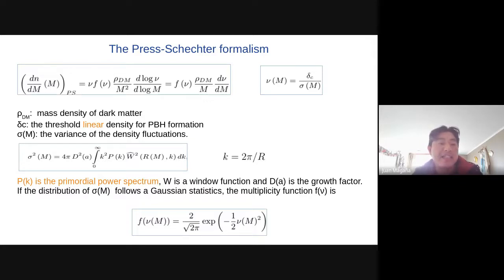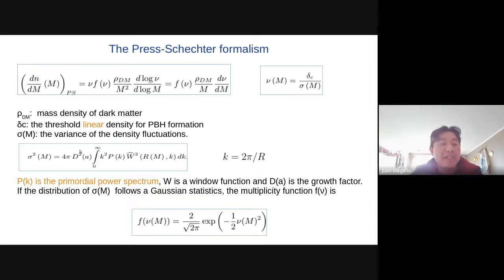And this delta c: when a fluctuation has a density contrast greater than this threshold linear density, then a primordial black hole can be formed. Well, the variance of the density fluctuation can be calculated using this integral here. There are many quantities also. For example, the wave number, which is related with the size of the fluctuation.